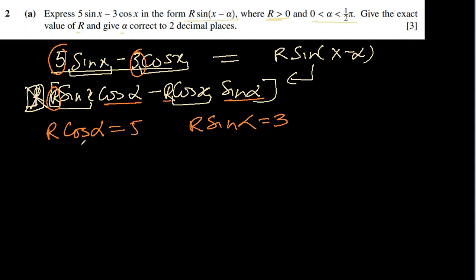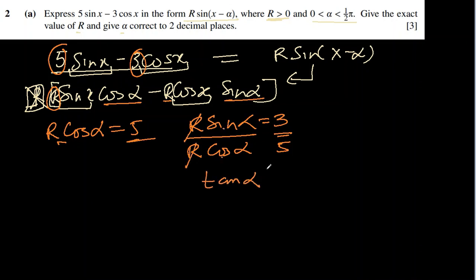And whenever we have r sin alpha and r cos alpha format, divide the sin alpha equation by the cos alpha equation. So I divided the left side by the left side and right side by the right side. So it became this. Sin over cos, that is a specific order, because r gets cancelled, and sin over cos is tan alpha, and tan alpha is 3/5. And if we want to find alpha, it will be tan inverse 3/5,